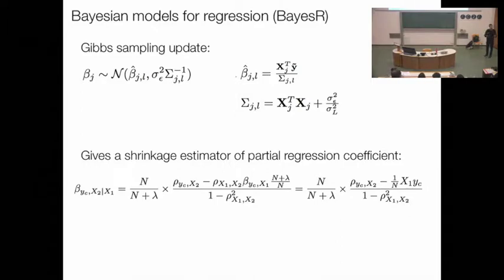So if you have LD and you have blocks of LD and there's a marker here and you pick this one, nothing else in high LD will enter the model unless it really has an independent effect. That's basically the summary. Before this, we have a Gibbs sampling scheme, so what we want to do is actually